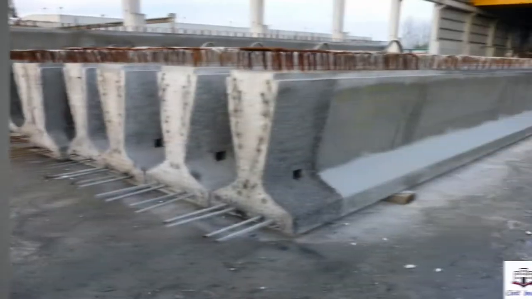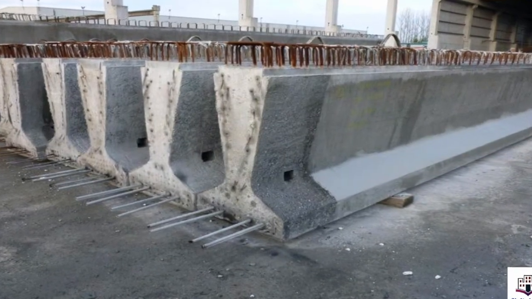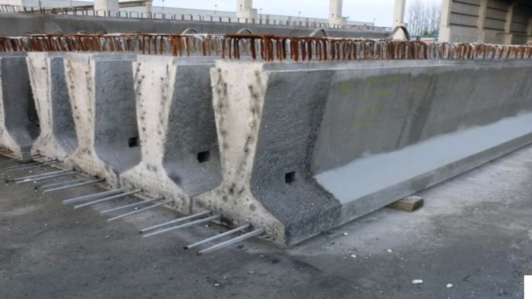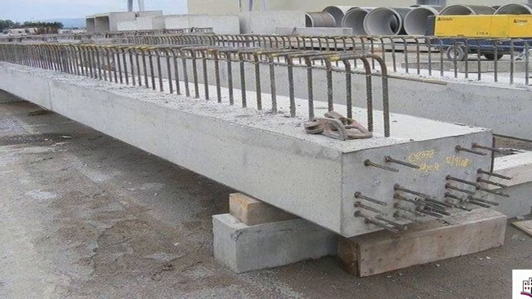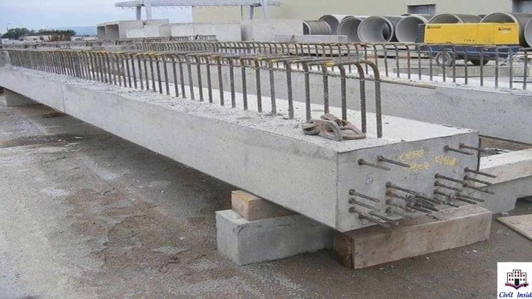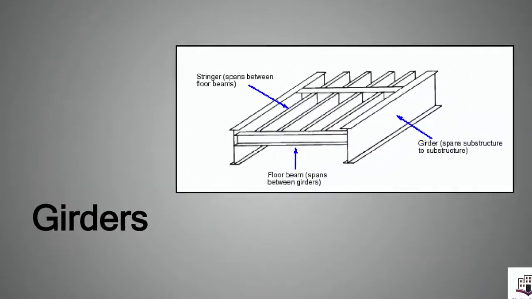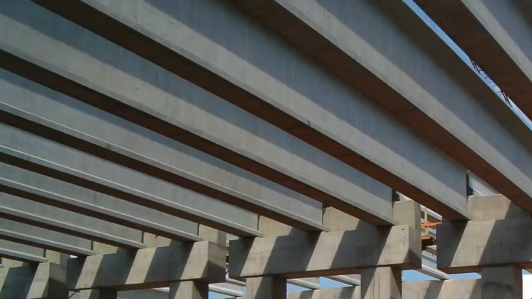Precast concrete beam. This type of beam is manufactured in factories, so the construction condition is more controllable compared with on-site construction. Consequently, the quality of the concrete of the beam would be greater. Girders. Beams that take heavy loads, generally steel sections, are used.